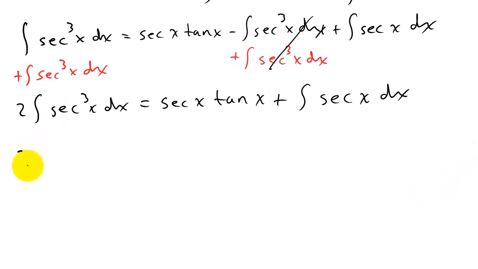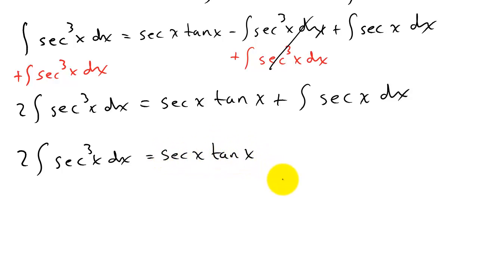Okay, and so now I get 2 times the integral of secant cubed x dx equals secant x tangent x